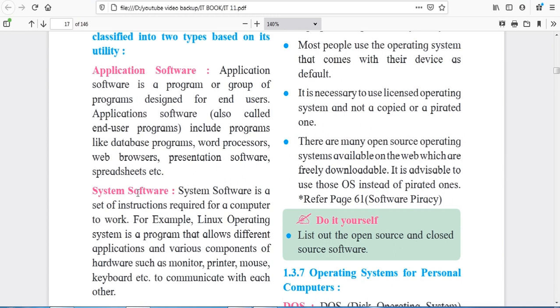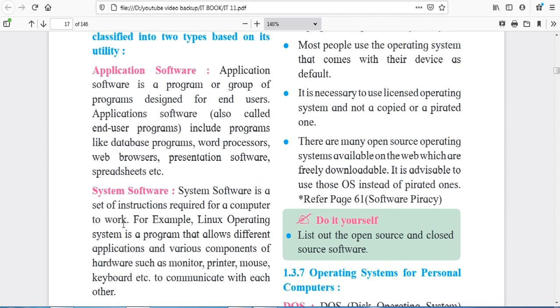On the other hand, what is system software? System software is the set of instructions required for the computer to work. See, you all know that if we are using a computer, then we should have an operating system on it. What is an operating system? Operating system is nothing but your system software, which is the interface between the user and the computer, or we may say user and machine.